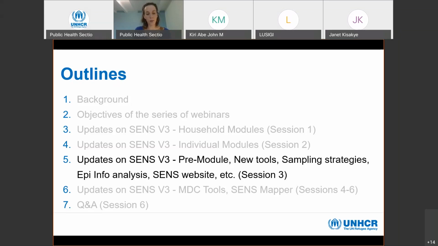The SENS mapper will be presented in session 6 because unfortunately we won't have enough time today to present it. In session 6, we'll also add to our agenda a short demonstration on how to use AP-Info7 for data analysis, because yesterday during the presentation of session 3 in French, some of the participants asked for that. So